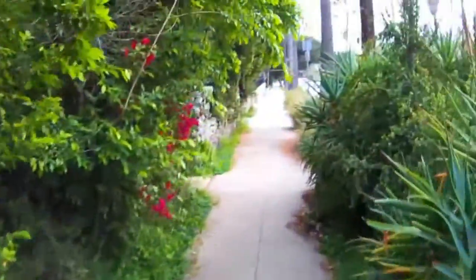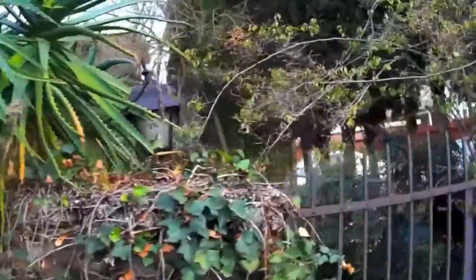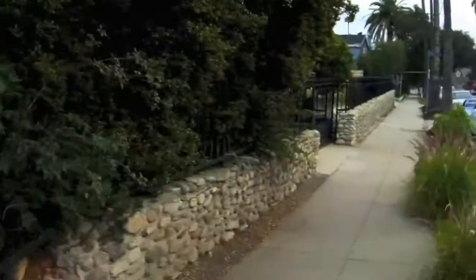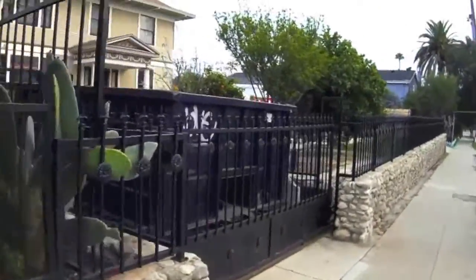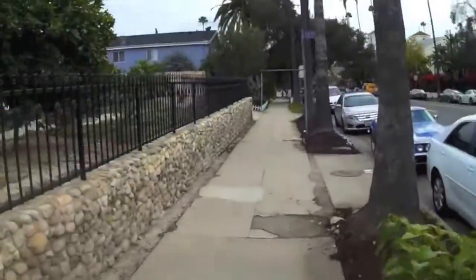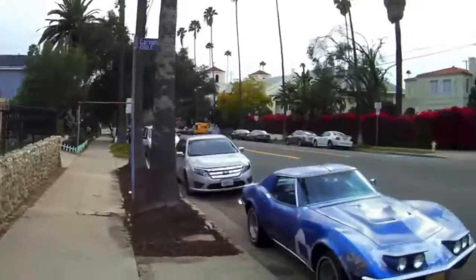Got my craftsman house and my Prius. I feel like when you have that combination, that you earn the status as yuppie, and that's one step away from a NIMBY. Not in my backyard. Which, if you're cool, which I feel like you wouldn't be called a NIMBY if you were cool. Like you wouldn't be cock blocking development, because